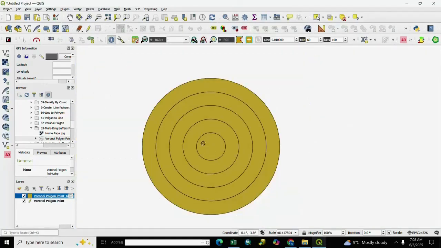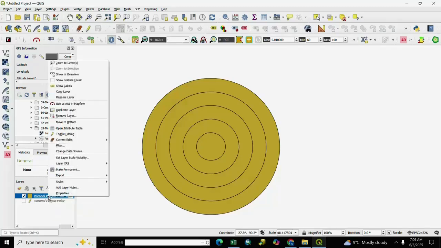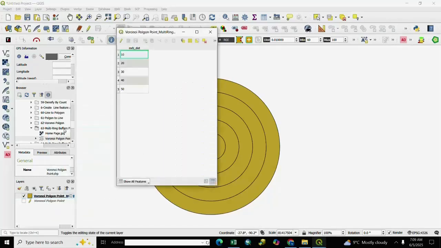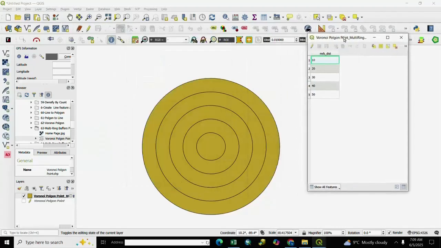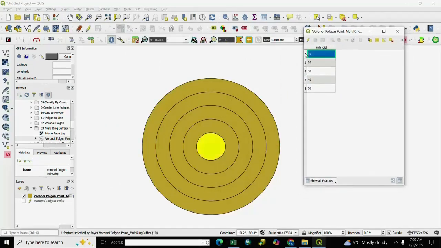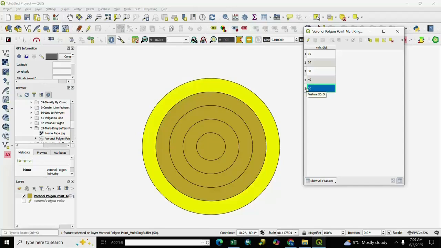You see here is the multiple buffer. In attribute details, right click, go to attribute table and you see here 10, 20, 30, 40 and 50. Here is the multiple ring buffer.